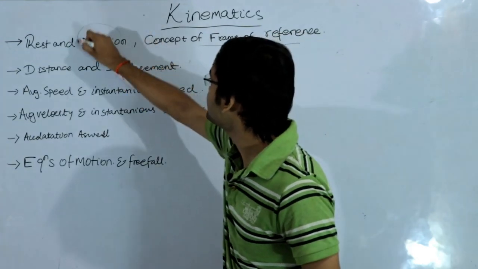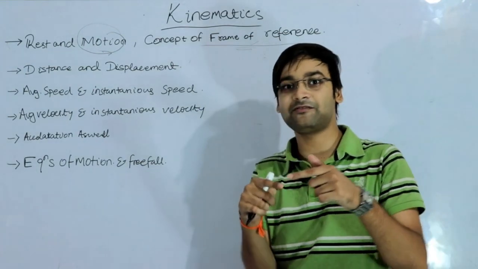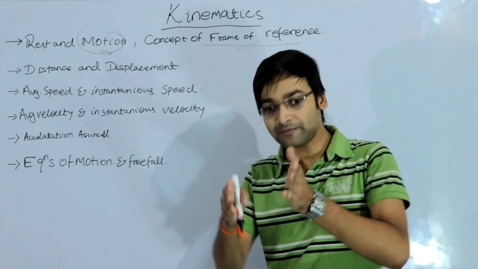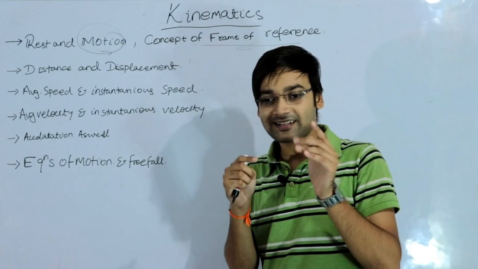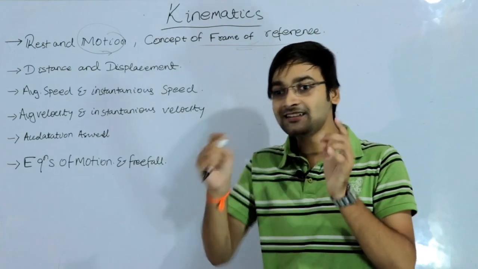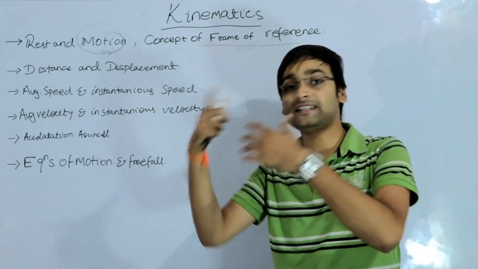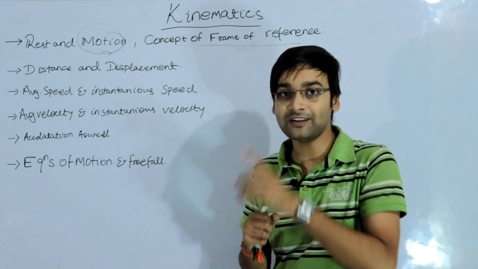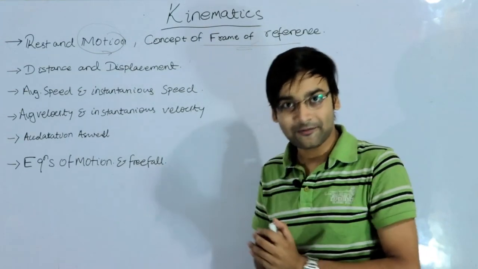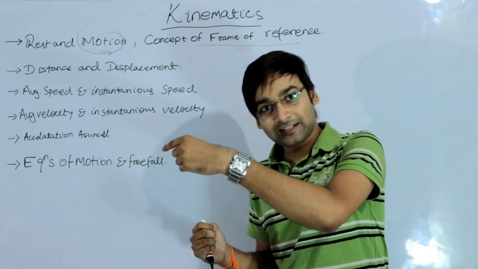If you say that an object is in motion, then you have to say that the object is moving with respect to this frame of reference, with this speed. Suppose you are in a car moving at 60 km/h forward, and another car is moving backward to you at 120 km/h. You observe that the car is moving at 120 km/h, and you tell your father that car is going 120 km/h. Your father says, no, that car is moving 60 km/h